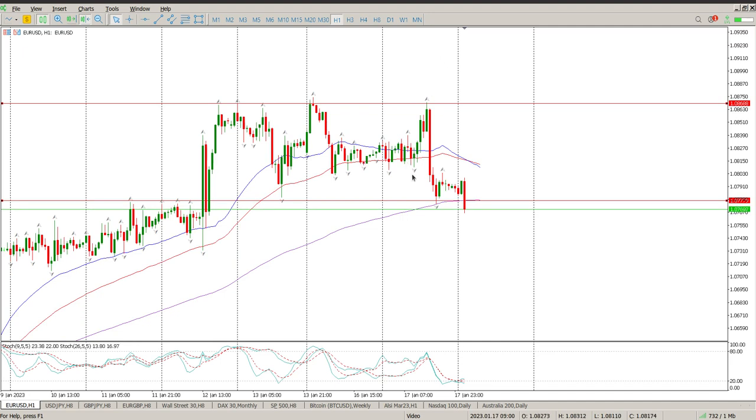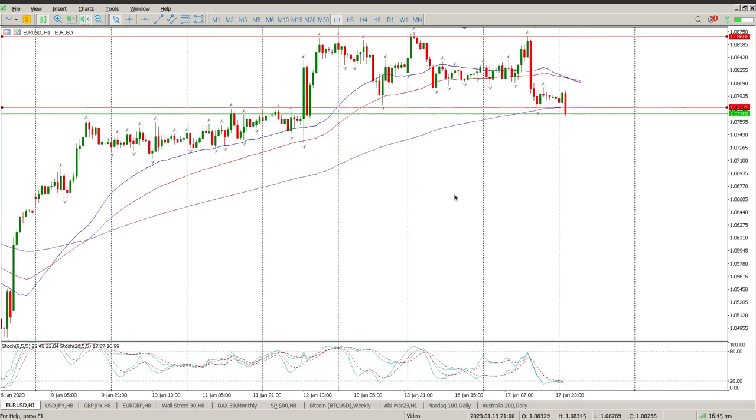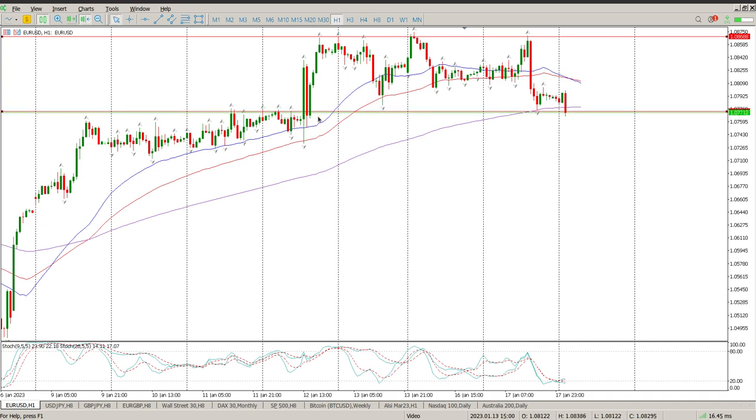Then we broke the upside, rejected there, came back to the downside, and now we are rejecting this area. So I would want to see a lot more than what I'm seeing now for a short to take place. Remember, we are in between the moving averages at the moment. One thing to do: look to the left. You can see there's quite a bit of structure here. You need to watch what happens here on the hour,